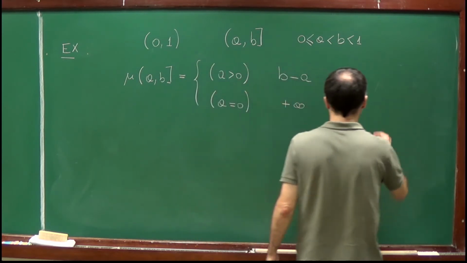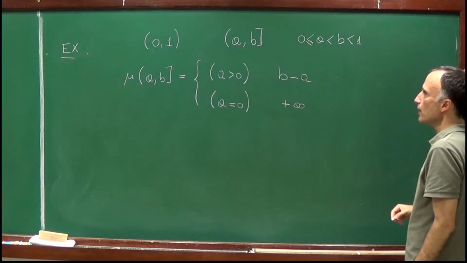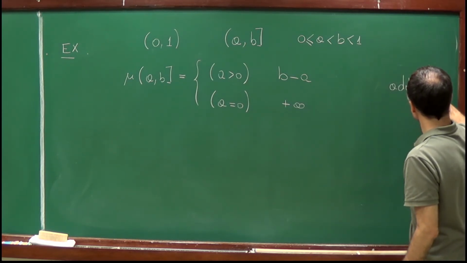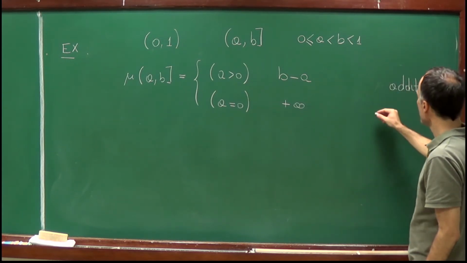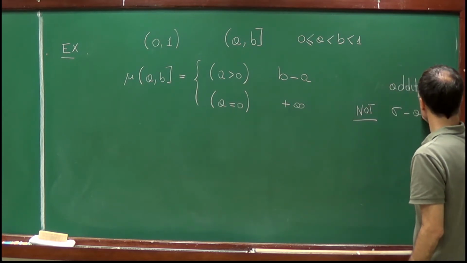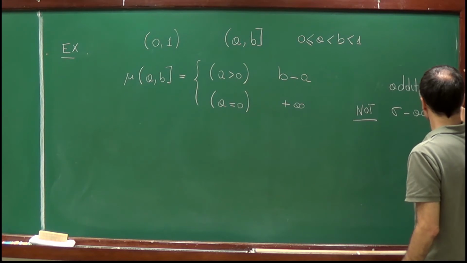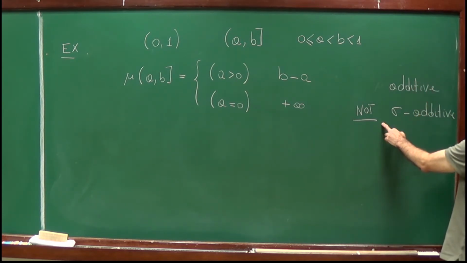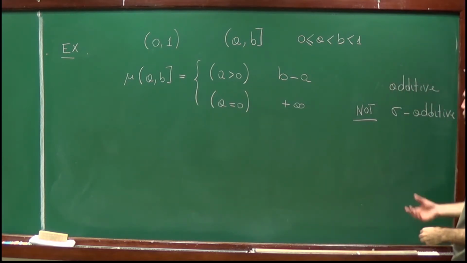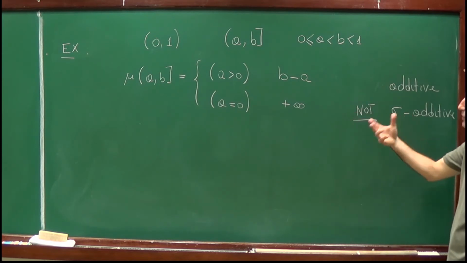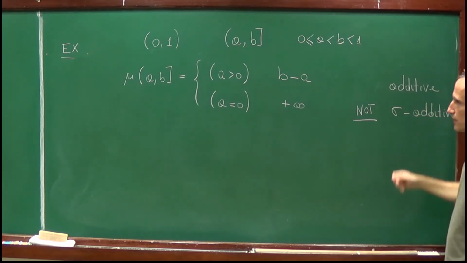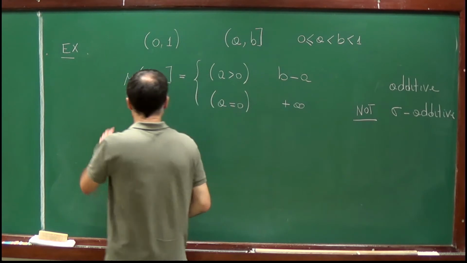And we have seen that this function mu is additive, or you can check that it's additive, but it's not sigma additive. And this we have seen in the previous lecture, right? We gave an example of a union of sets whose measure is not equal to the measure of the union. So it's not sigma additive, and I leave it to you to check that it's additive. Right? So what I claim is that mu